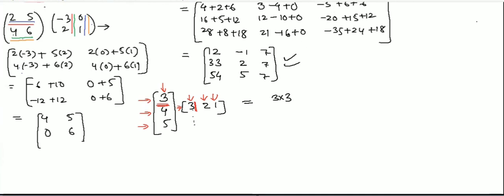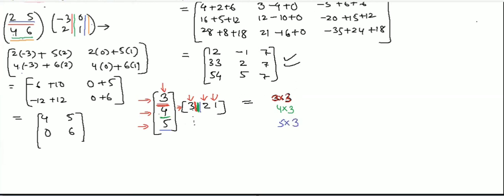Now you have to move on to the second row and keep the first column. So in the second row you will get 4 multiplied by 3. As I'm going to change this so that you can understand, 3 by 3, now 4 by 3. This is the second row. Now come to the third row and keep the first column. So here we will write 5 multiplied by 3.